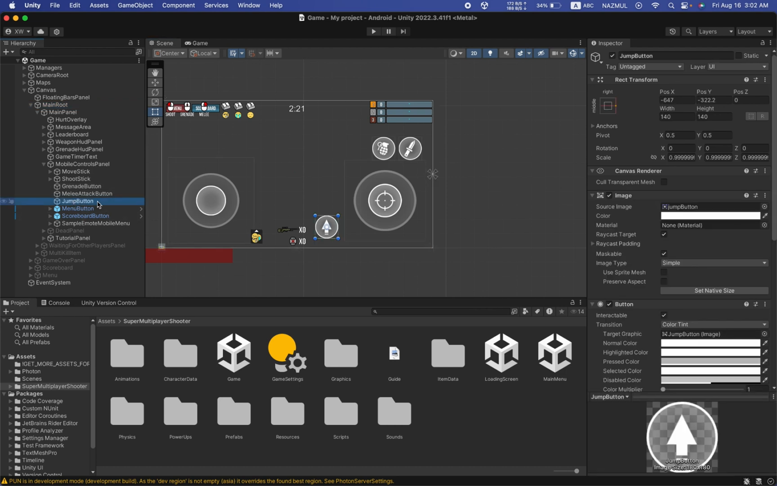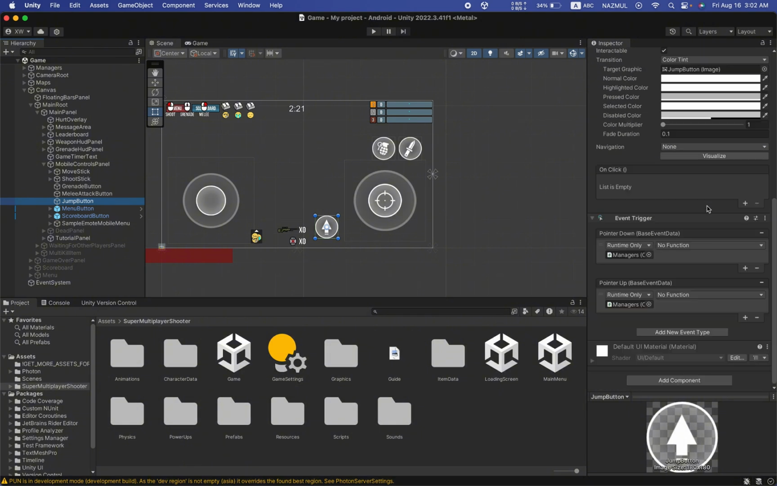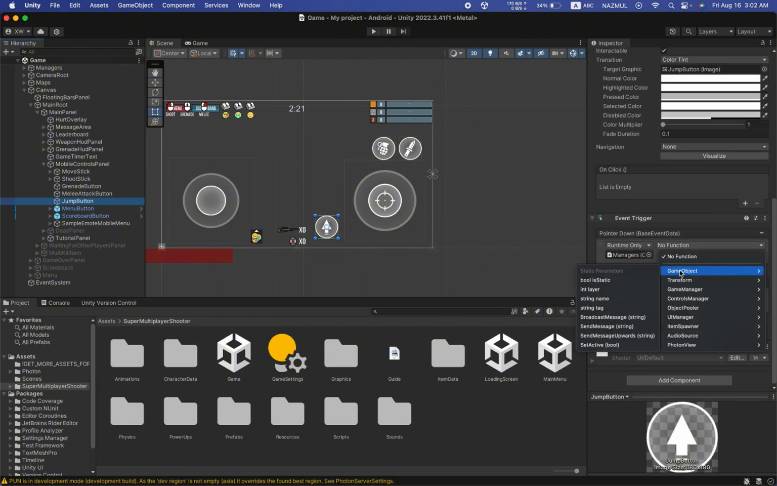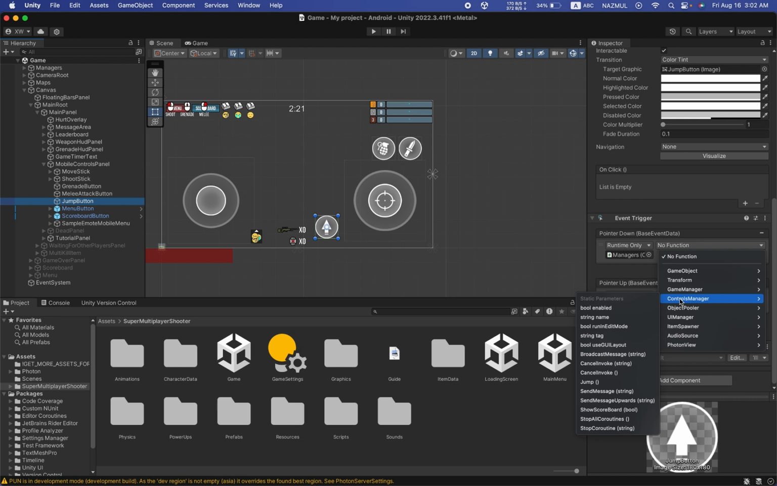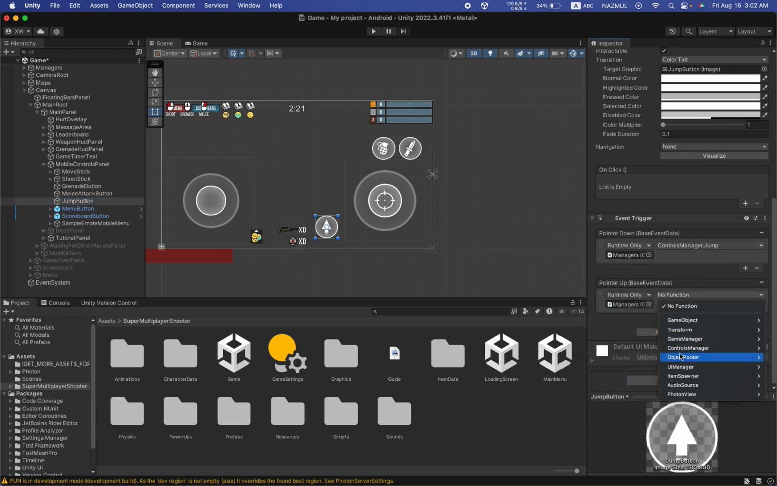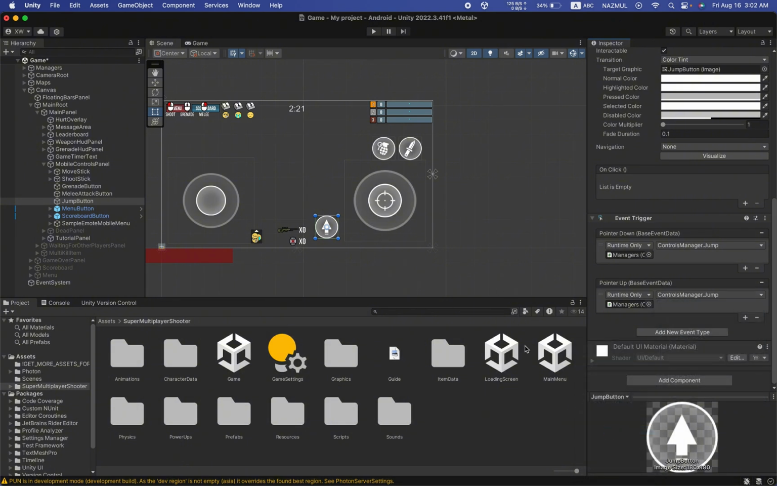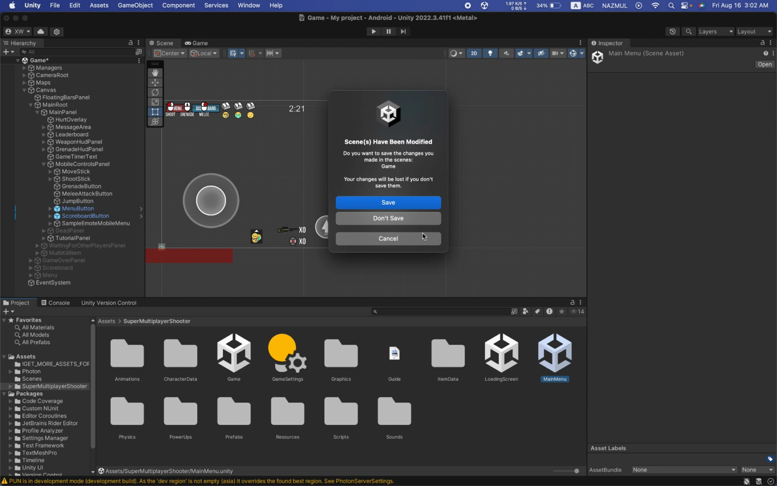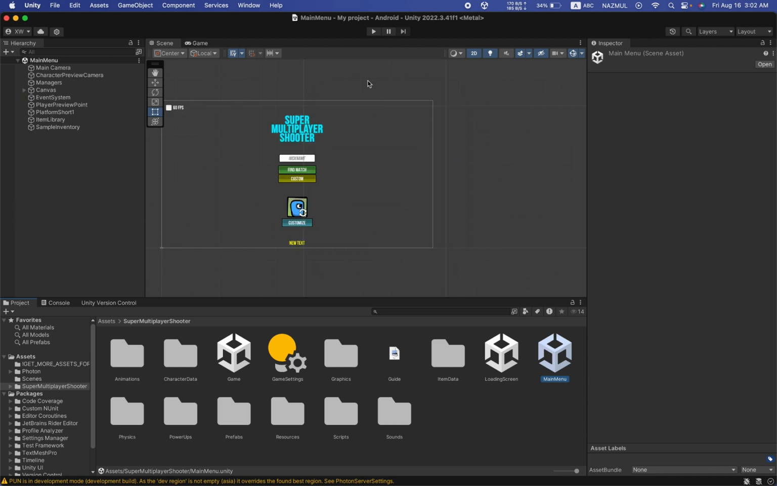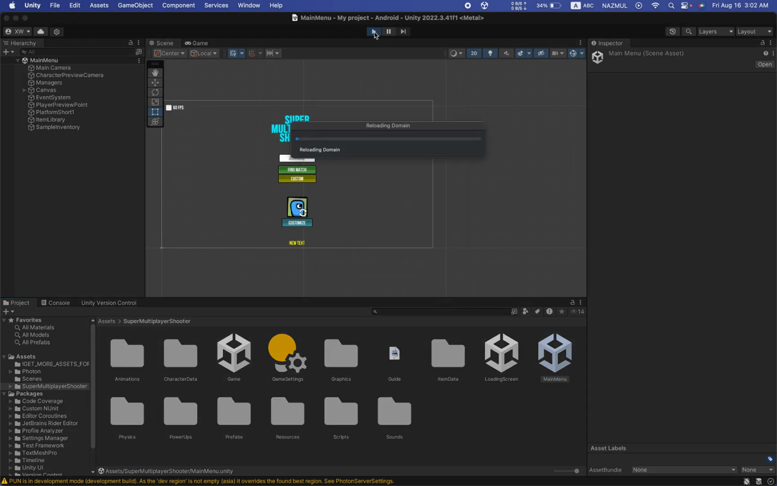You can find the jump button here, and if you scroll down, you can see there is no function or anything like that. Just make sure that you go to the game manager, control manager, and then click the jump button again. For the second one, control manager, and then select the jump button. So the jump button is perfectly selected. And if you go back to the main scene again and then save it, and if you click play,